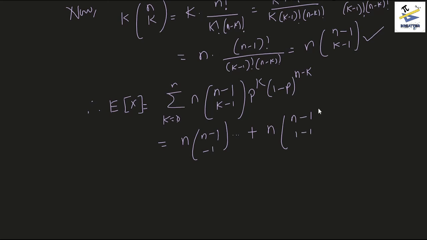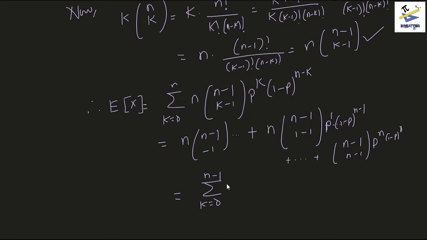So this part is 0, and we start from the first part, which is this (n minus 1)C(1 minus 1), and we go all the way up with obviously the probabilities p to the power 1, (1 minus p) whole to the power n minus 1, and we go all the way up to (n minus 1)C(n minus 1) p to the power n into (1 minus p) whole to the power 0. Okay, so this would give us in summation form k equals 0 to n minus 1, actually n into (n minus 1)Ck p to the power k into (1 minus p) whole to the power n minus k. Okay,